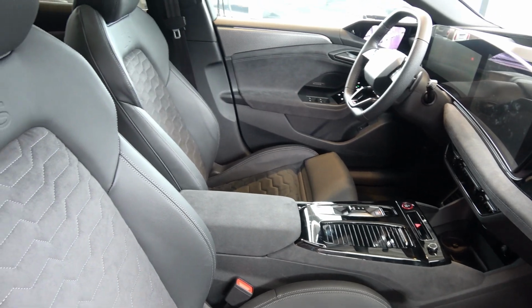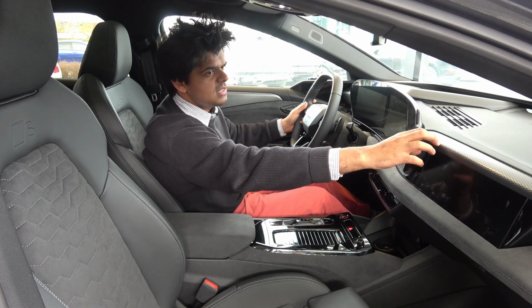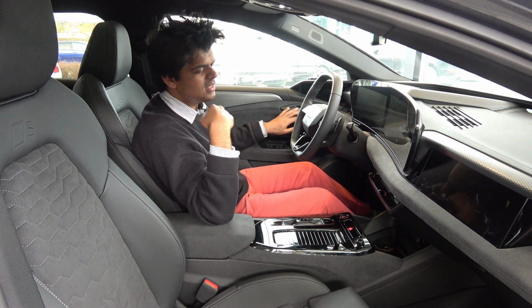Then you get a glove box over here. That's cool. That's very nice. And I like this trim, this metallic looking trim over here, although it's not exactly metallic, but nice to see nonetheless. Let's take a look at the back seat, because that's where things seem to get more...